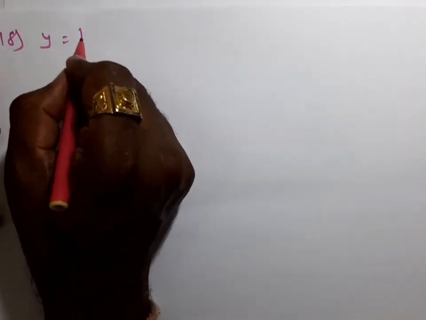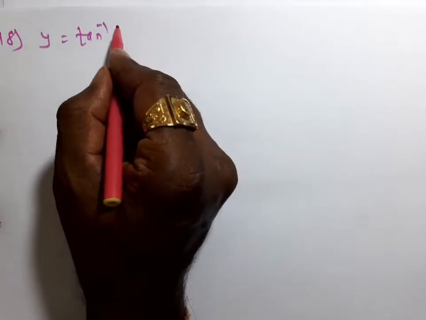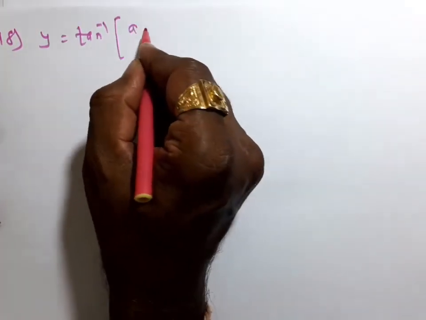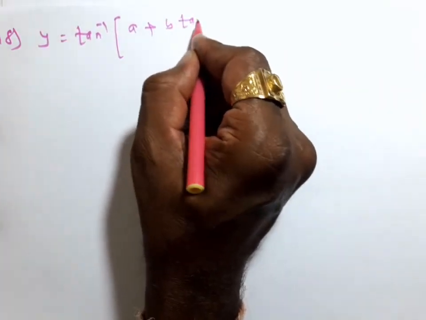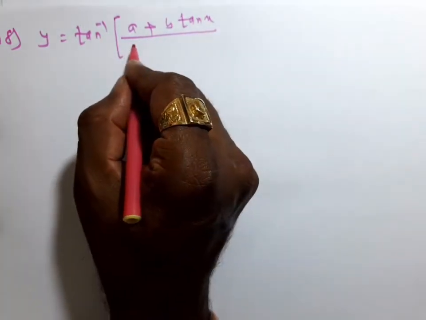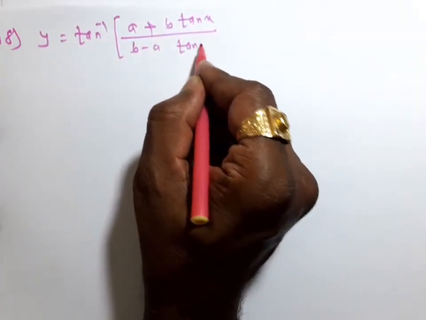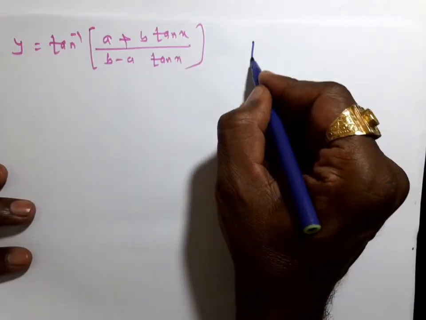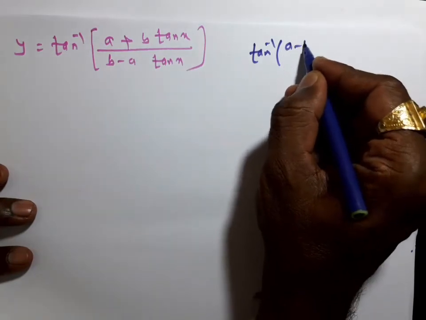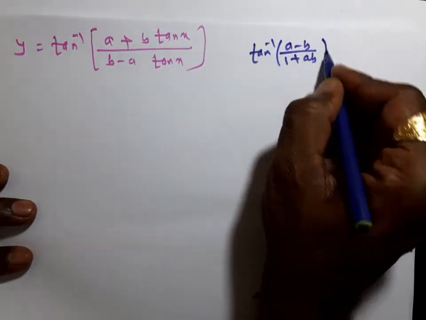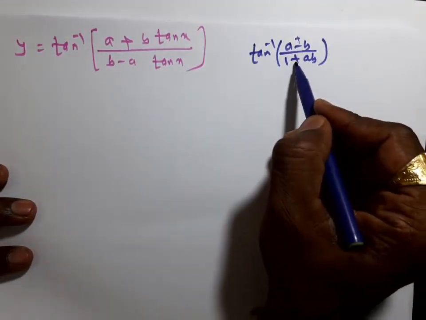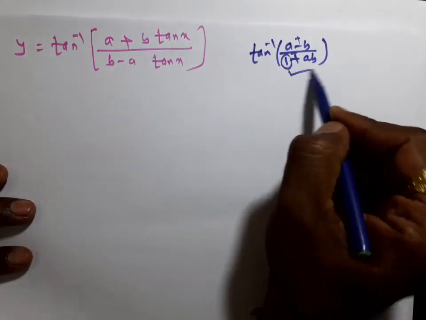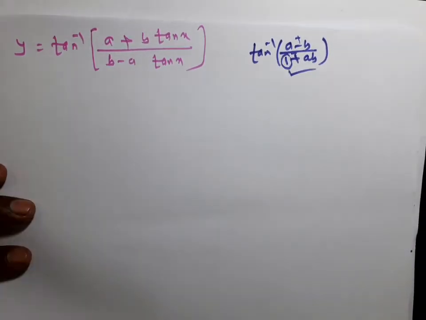Next example number 18. y is equal to tan inverse of a plus b tan x upon b minus a tan x. According to the formulas, it is either a minus b upon 1 plus ab, or it is a plus sign with a minus sign. 1 is necessary in this formula and it is not there. So therefore